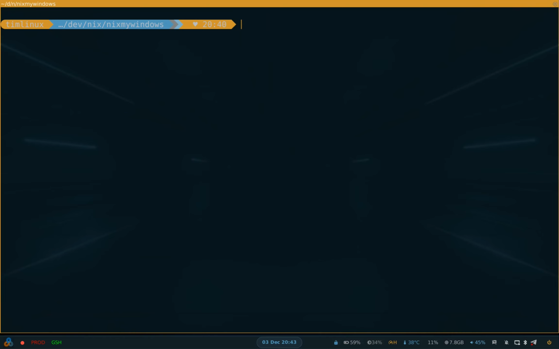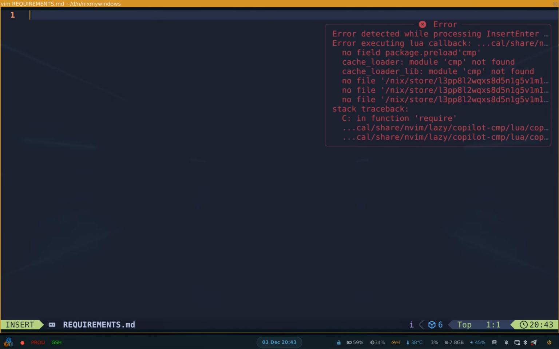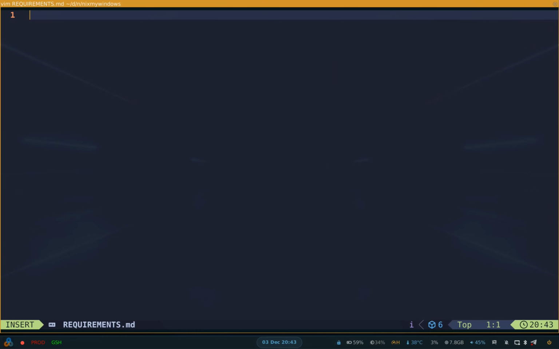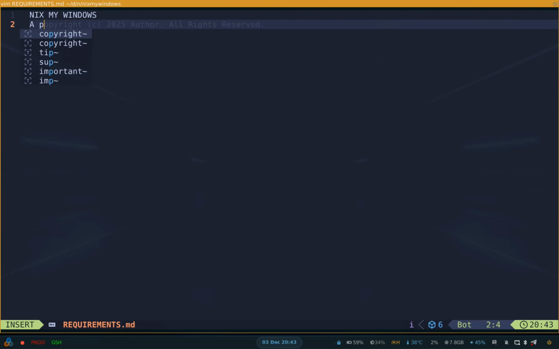So I'm going to start off by just writing a little text file, which is going to be, let's call it requirements, and I'll put it as markdown like this. And so I'm just going to put out some basic requirements. Let's call this NixMyWindows, and then a pure terminal based